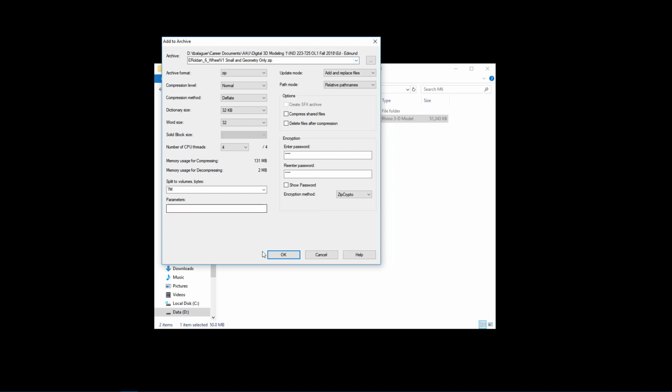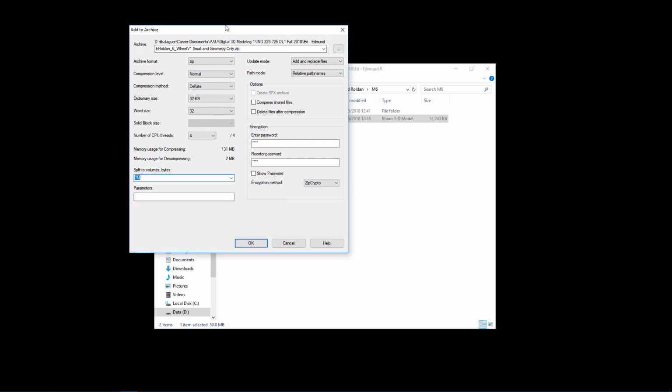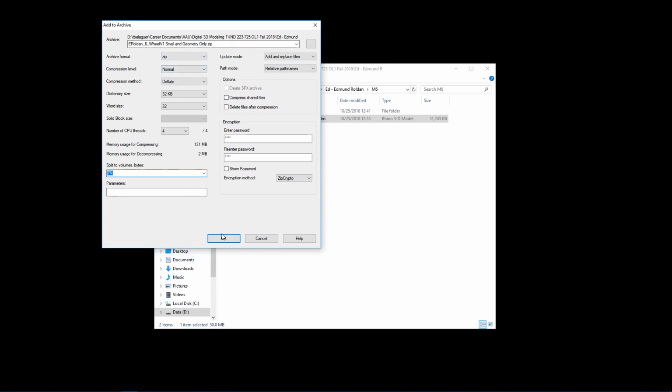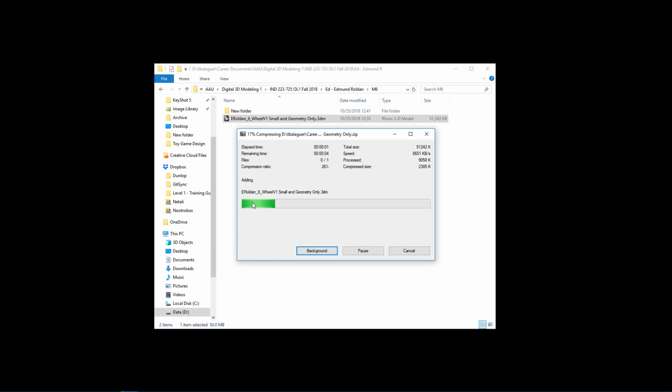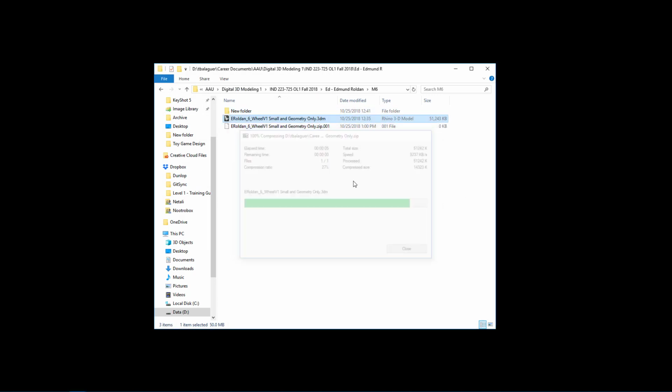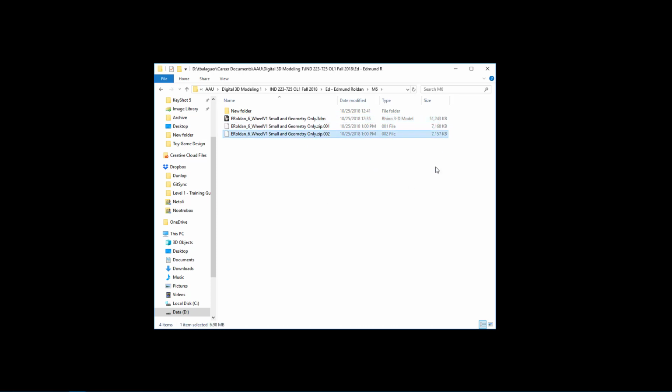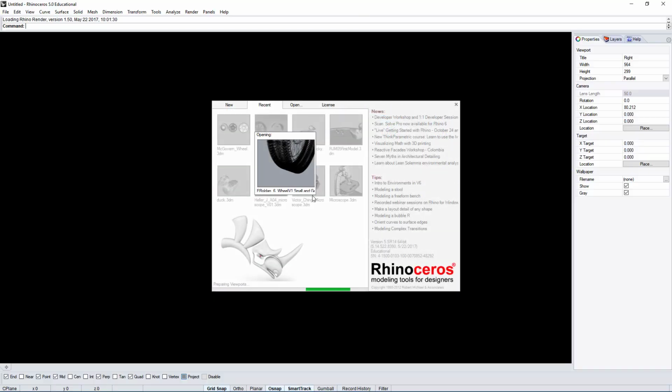In most cases, this is a quick way to break up a file into multiple smaller files, making it easier to upload. So let's use these settings. Press OK. You will see it will use your CPU and generate the files, break it up into multiple files. So in this case, it created 2 files. So it compressed the file very heavily because this file was 51 megabytes.